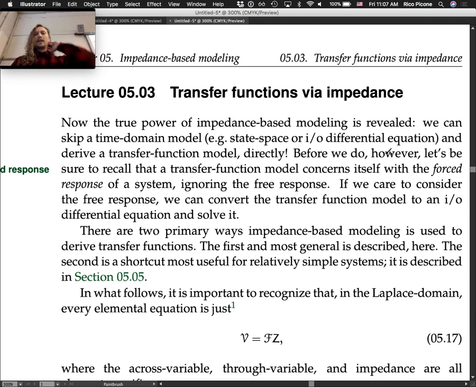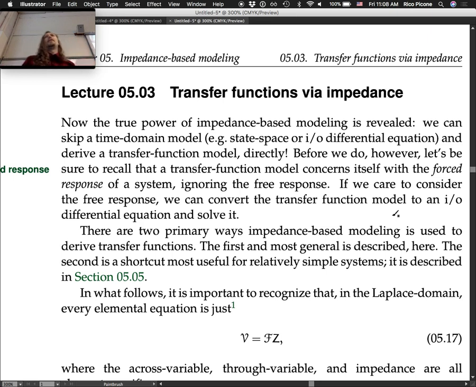So that's what we're going to learn in this lecture today. Before we do, however, let's be sure to recall that a transfer function model concerns itself with the forced response of a system, ignoring the free response. So it takes an input and it tells you what the output is from that input, right? But if you have initial conditions, it doesn't tell you what happened. So if you are interested in the free response, then you can convert the transfer function model into an input-output differential equation and solve that,